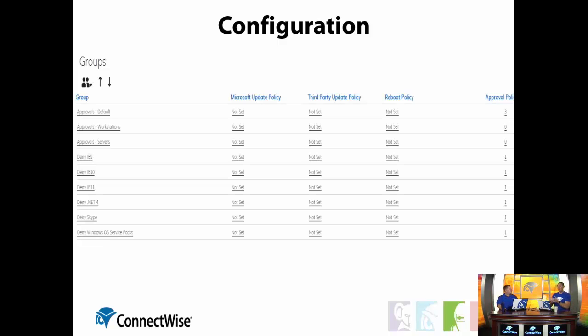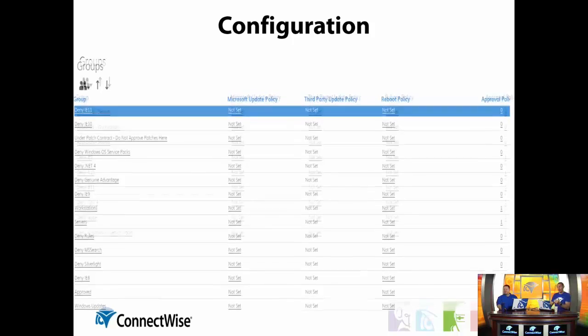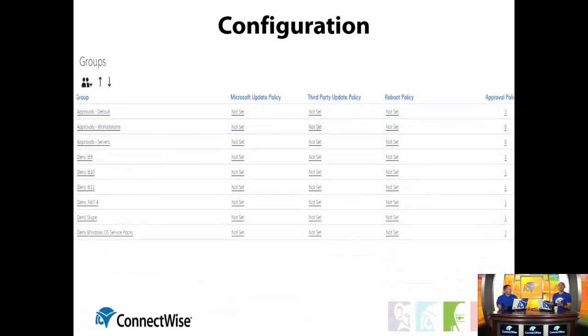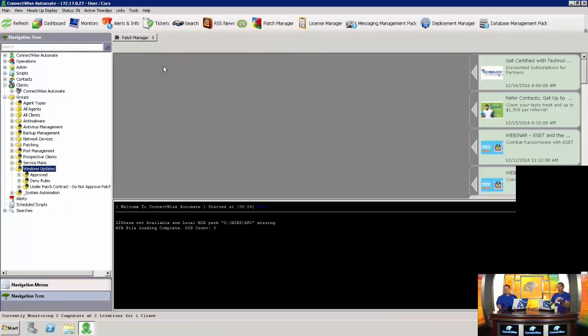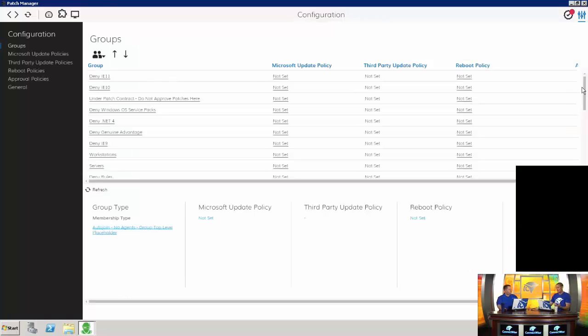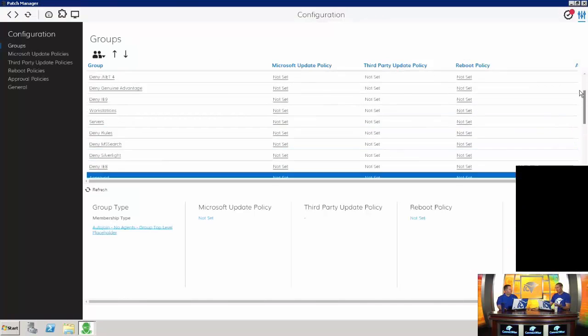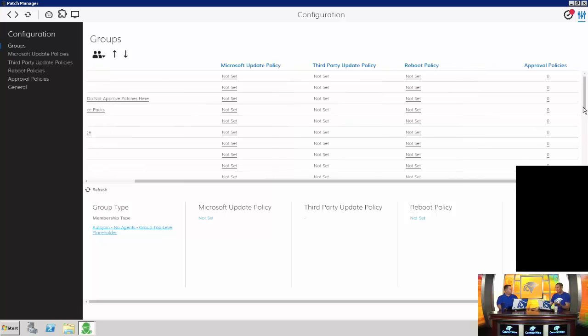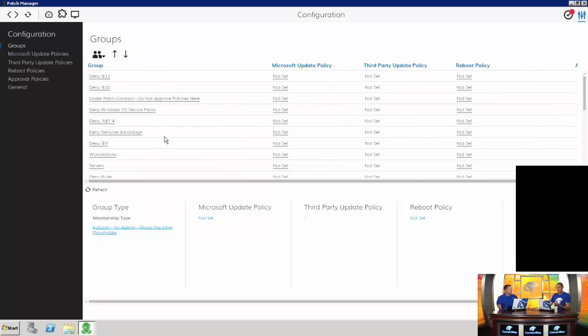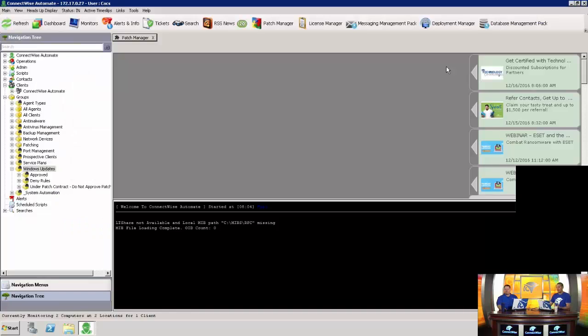So how do I get this to look like your screen when I come in new, because mine doesn't look like that. It kind of looks like this, and I kind of want something like that. That's pretty easy to do because we're going to pull in all the patching type groups. So if I go into my system, here's my group structure, and I have my patch manager, and you can see I have all these different groups and I don't really need them. I clear off all of my approval policies that I don't need,